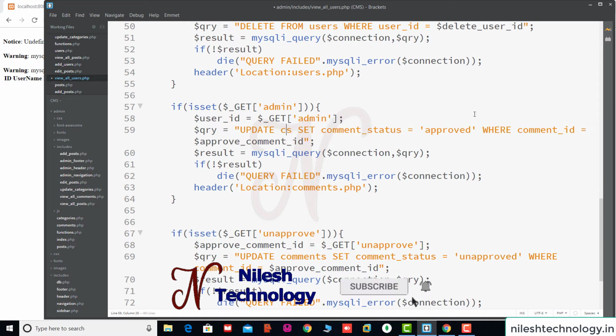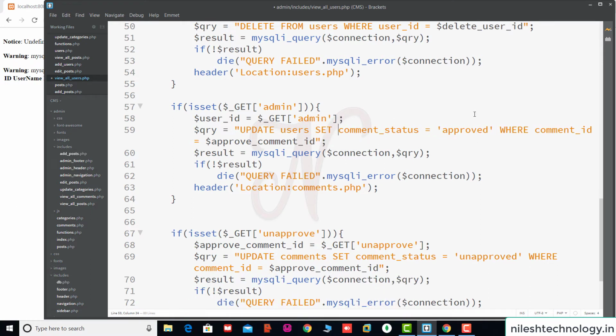So update users, set the user role to admin where user id is equal to this $user_id. Okay, this is the query.